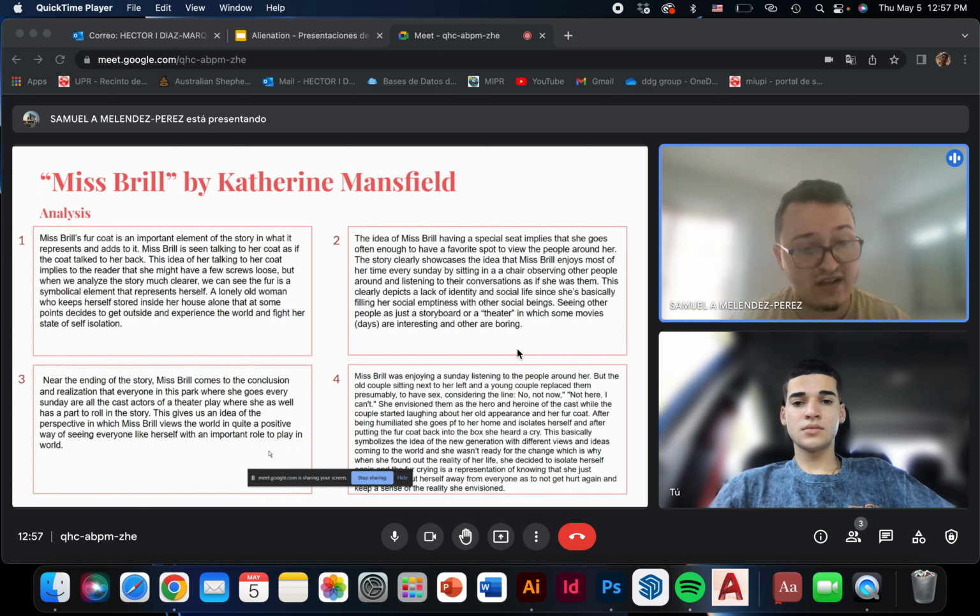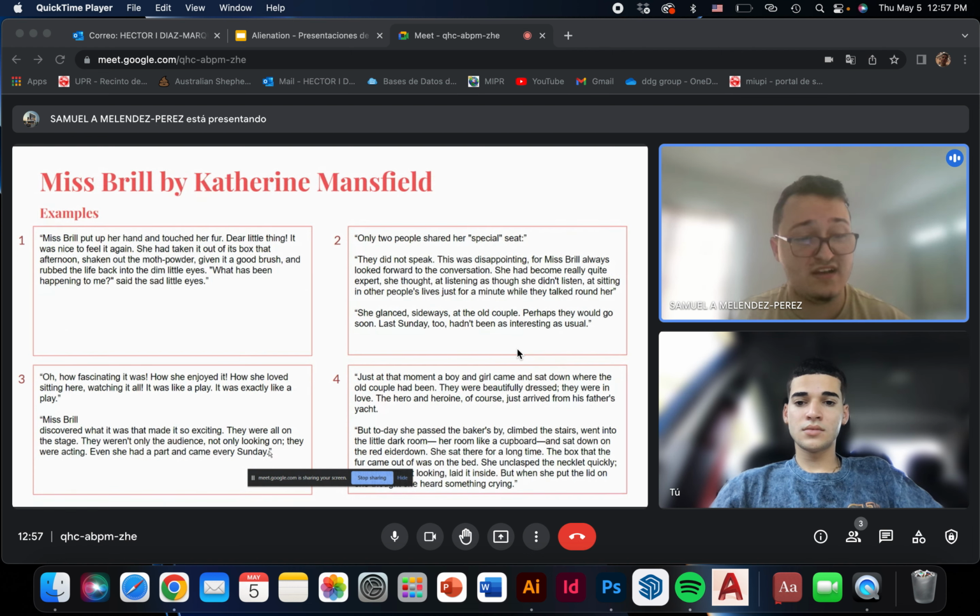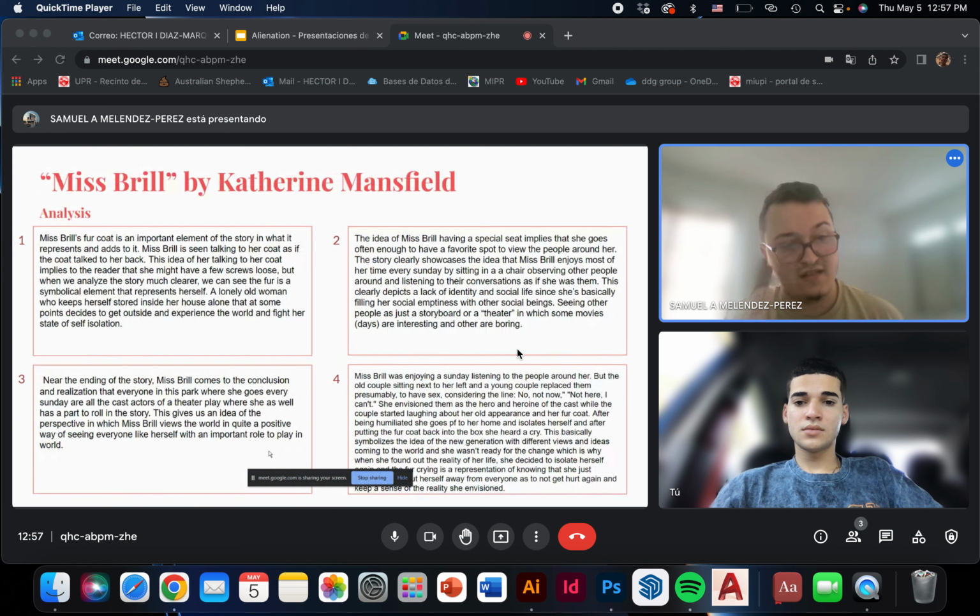That's what she later realizes, which is the third example: she starts seeing the whole experience of being in the park as being in a play, and she has a part in it. That's the way she views the world: everyone has a part to play, and she is also part of that play. But then, as we go to the end, we can see that